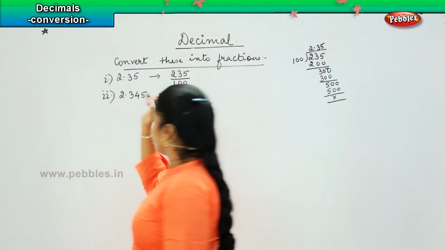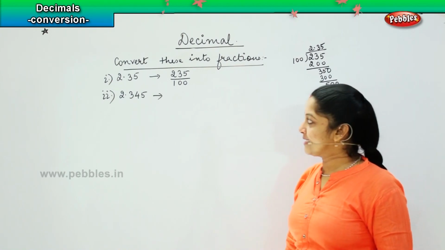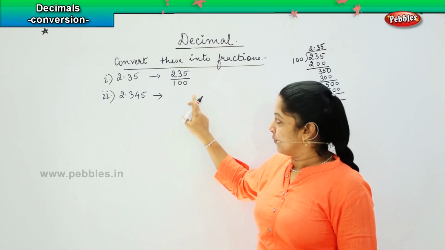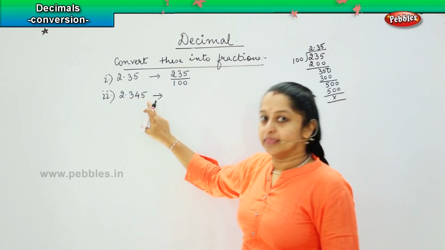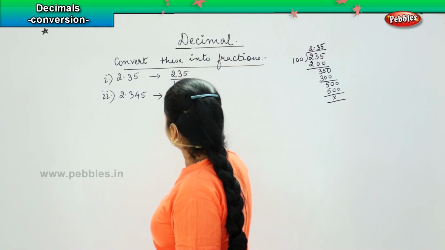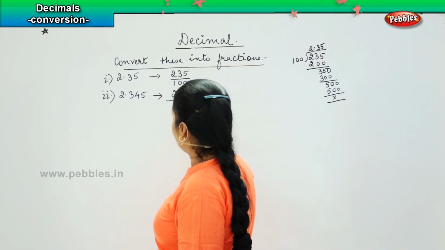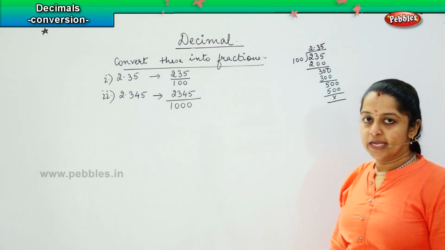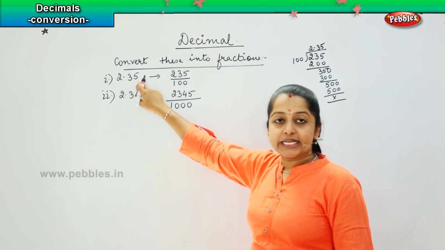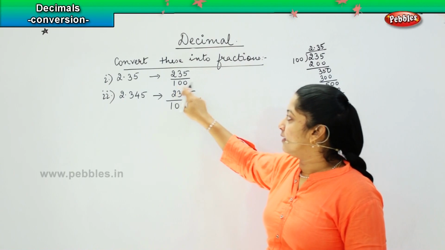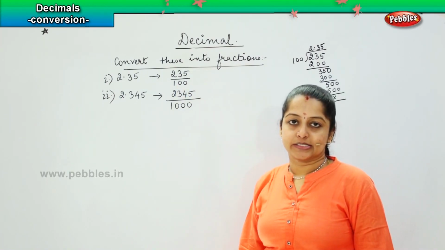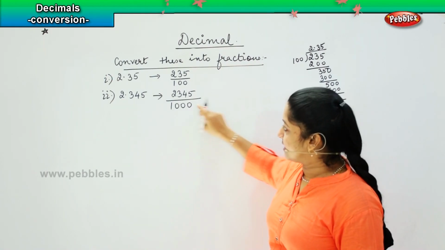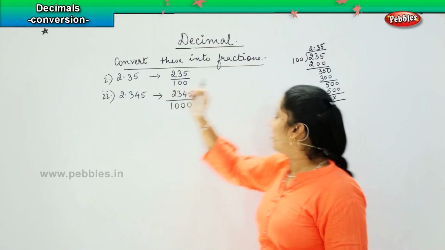2.345, how will I convert this number? Now I said that if after the point there are 2 digits, the same will be divided by 100. Now if I have 3 digits, then the same number 2345, I will be dividing it by 1000. Okay. So as the number of digits increases on your right hand side, the number below will also increase simultaneously. Okay. So shall we divide this and see whether this answer comes? If I divide this, I should get this answer. Okay. Shall we verify?